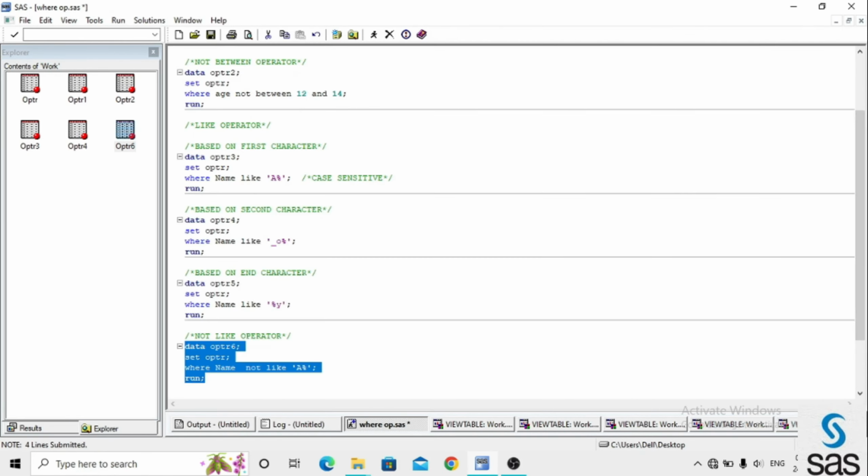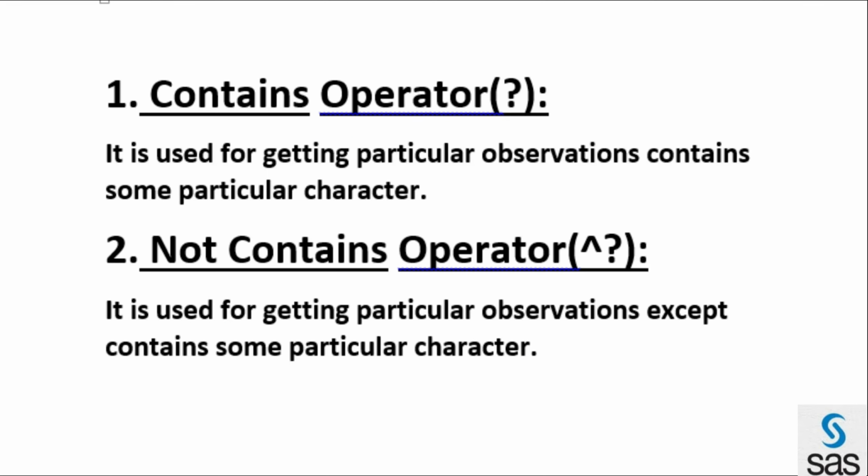Okay, and the next one is the contains operator. What is the use of the contains operator here? It is used for getting particular observations that contain some particular character. It means it is also based on character only.